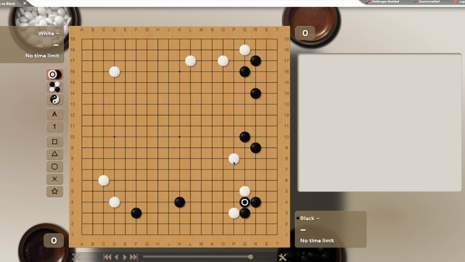Let me lead you to this first. What white will do, well, the only play for white here is this, because you definitely do not want black to push through and separate the white group, right? And white will cut here. What is the best response here for white to play with the help of this stone? And I'll see you guys next